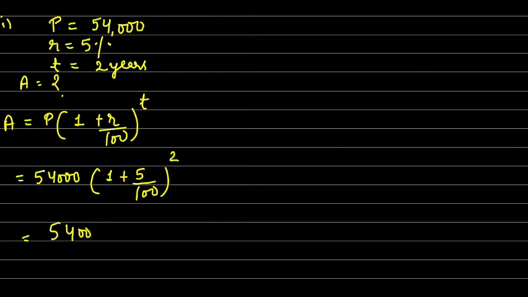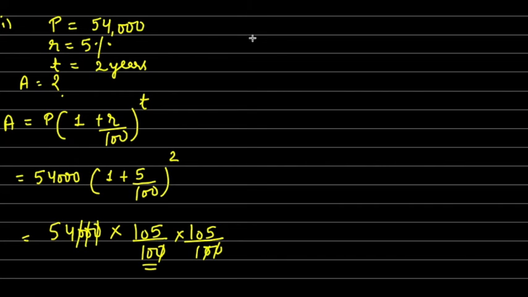We will not simplify it because I would like to cancel the zeros here. 105 upon 100, expanded 2 times. Now these are 3 zeros: 1, 2, 3. So 1, 2 and 3, 5 to the 10. Correct? How much is it making? Or let's leave it like this only, because this 10 we will directly divide.